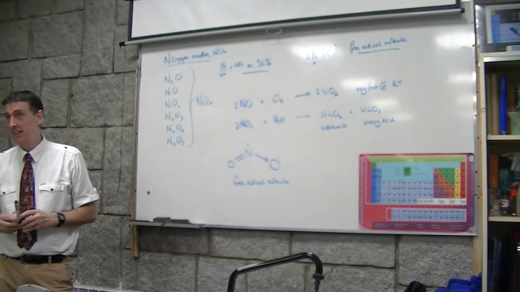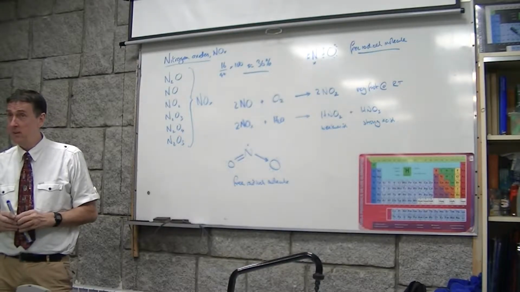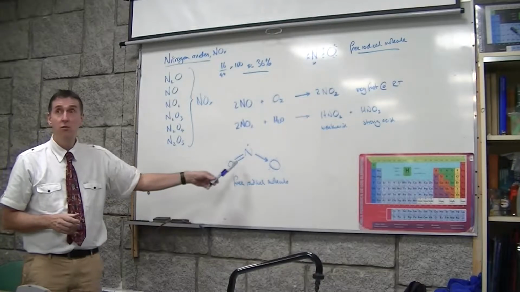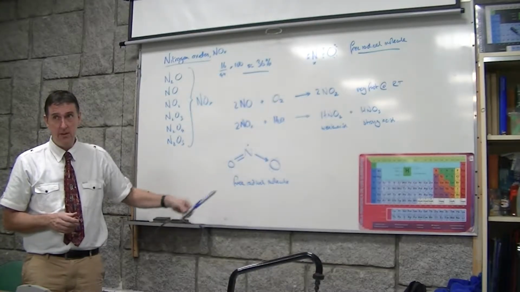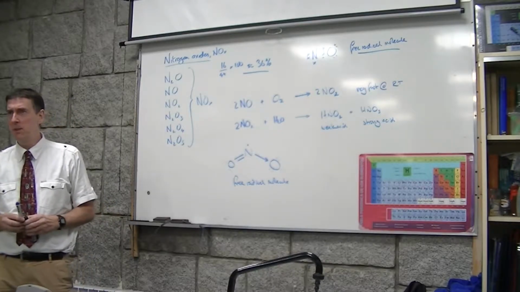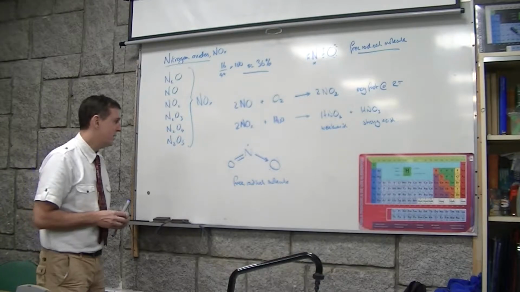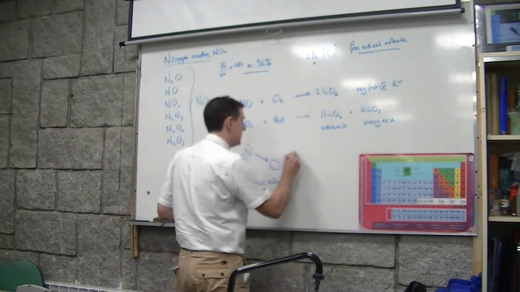Isn't that what it produces? That's what you were making in the fume cupboard when you reacted the copper with concentrated nitric acid. You made dark red-brown fumes. Yes, sir. My memory. Your memory, which was such a long time ago, Mauro, wasn't it? Last week. Right, okay, so this is a dark red-brown gas.